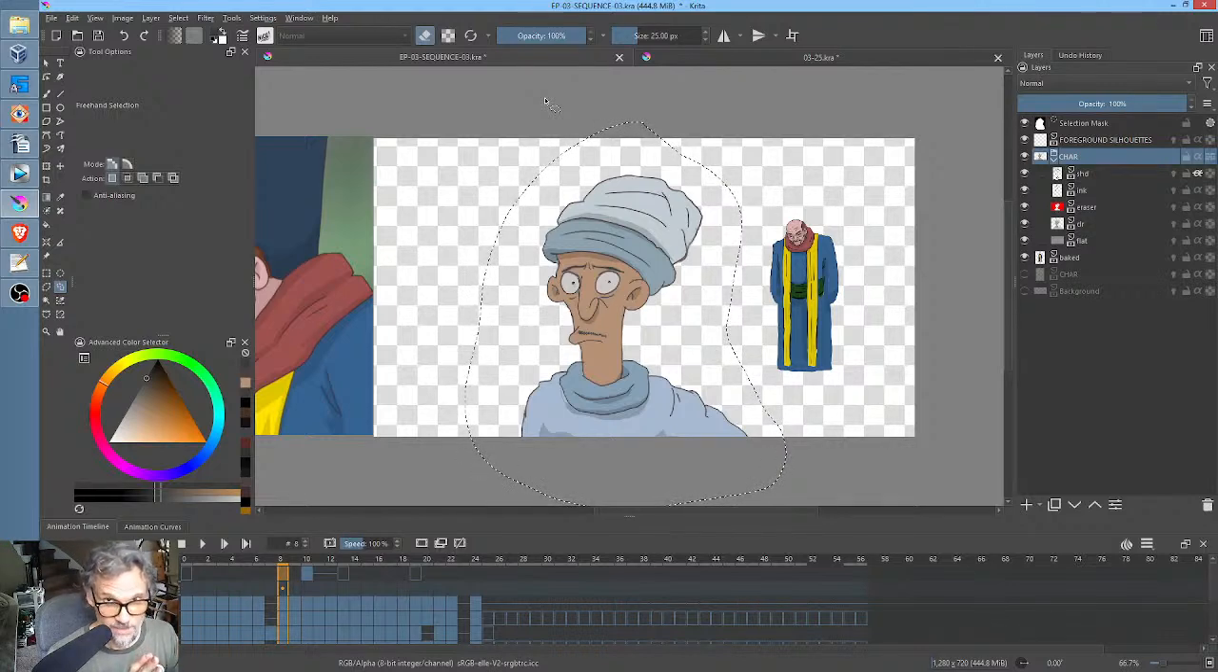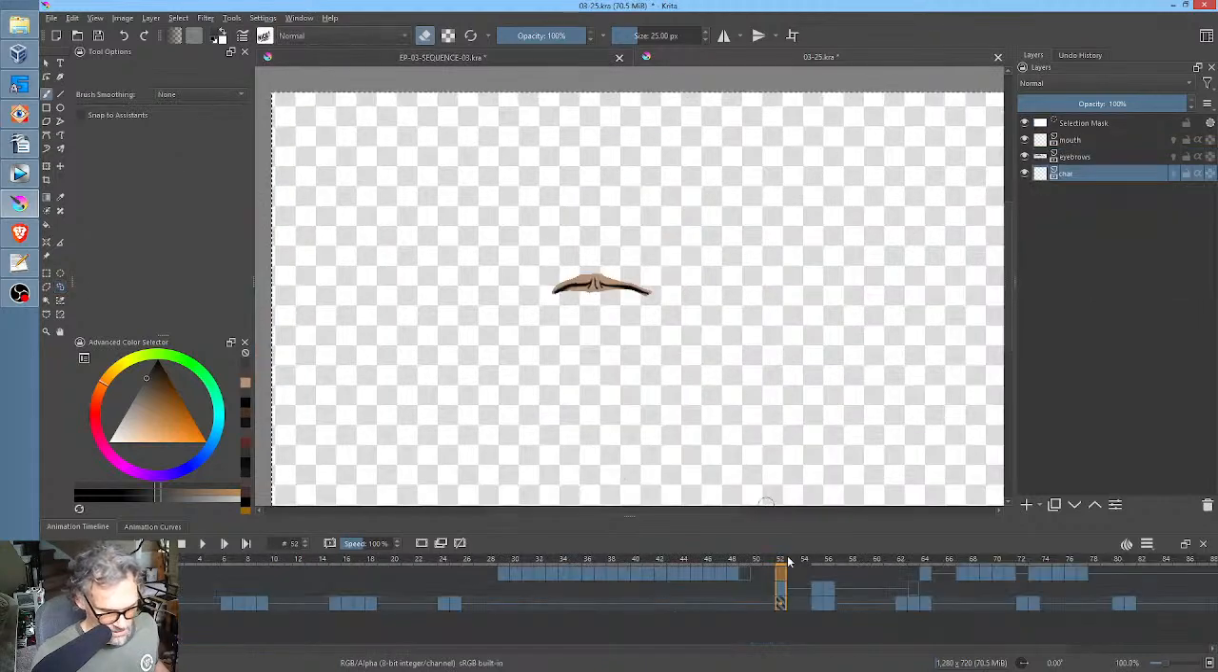Will Krita center it? Or will Krita put it where it belongs relative to the rest of the frame? The answer is, I don't know. I can test it by pasting Golic in, actually. So we'll go Control C. Let's do a quick test here. So now if I go Control Shift V,